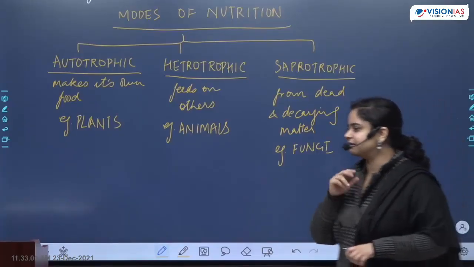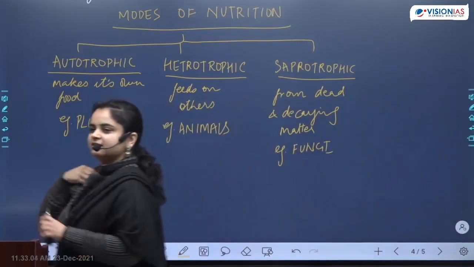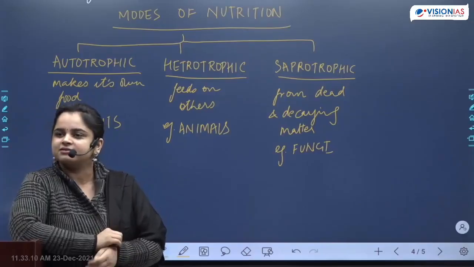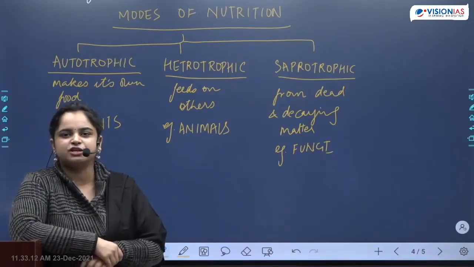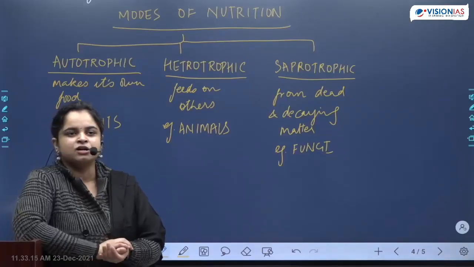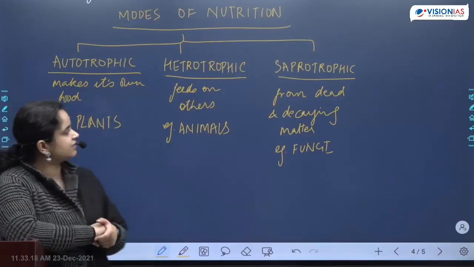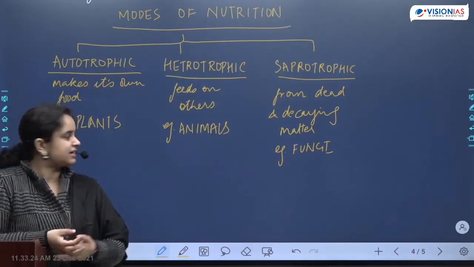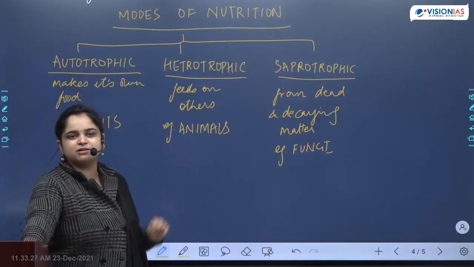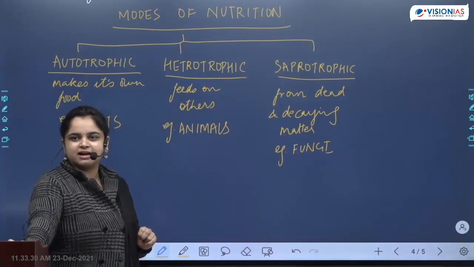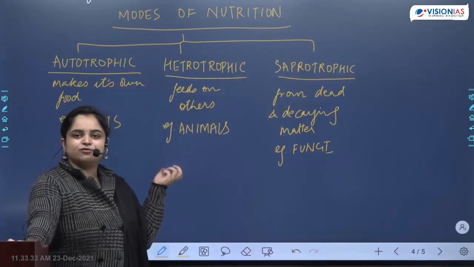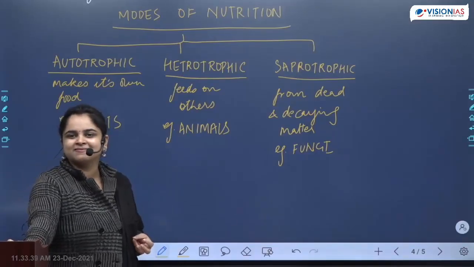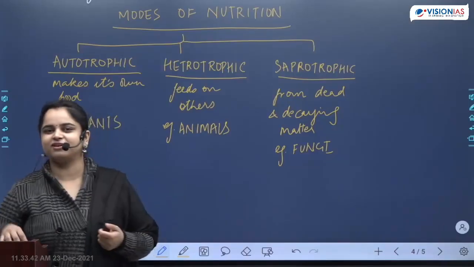Okay, now I'll ask you a little bit of a tricky question. So you might have heard about the vultures feeding on a dead carcass, a dead body, right? Vultures are known for feeding on dead bodies, right? So tell me, which category should vulture fall into? But I said all animals. When I say animals, birds are also included in this category. Birds will also be a part of the animal kingdom. So shouldn't vulture be a heterotrophic organism?